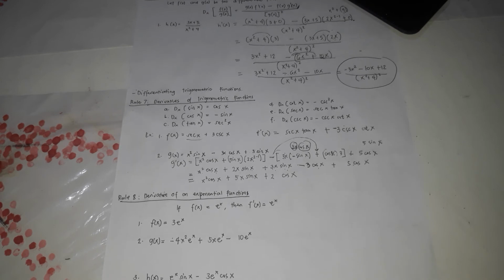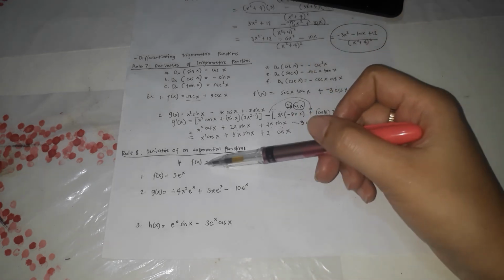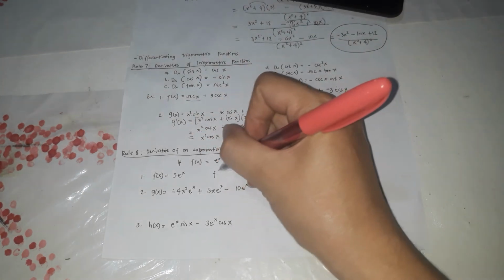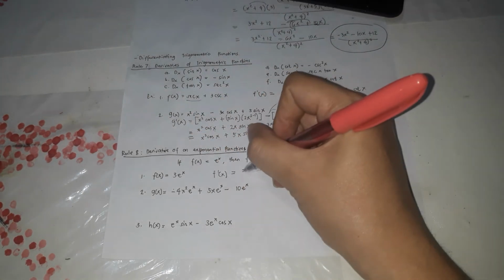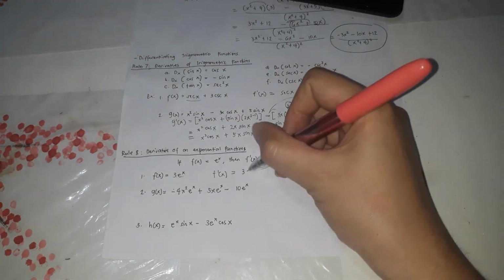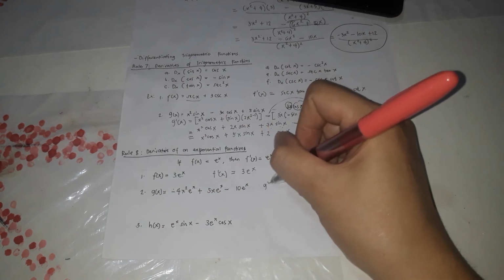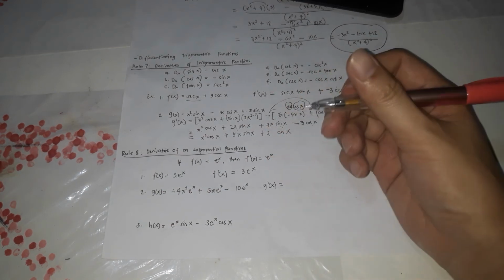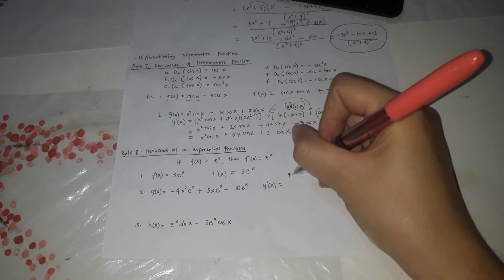The last one is the derivative of an exponential function. So, number one, the rule is if f of x is equal to e^x, then the derivative is just the same, e^x lang. So number one, it's quite easy. So 3, derivative nito, e^x. Copy 3, derivative ni e^x is e^x. So easy lang. Next, g of x, or the derivative of g of x is, let's have first